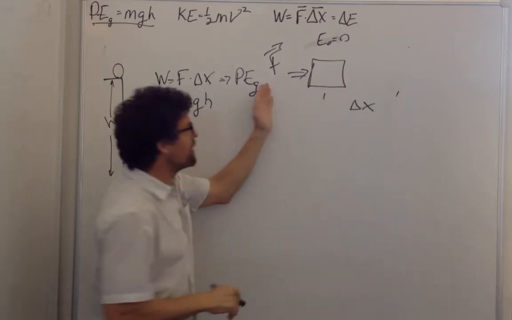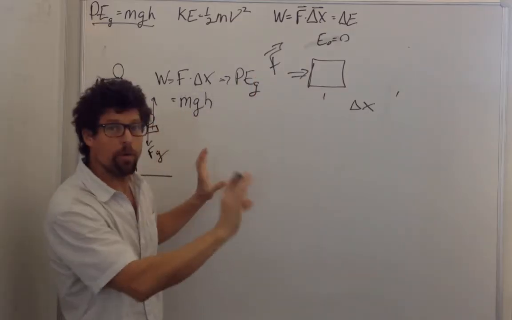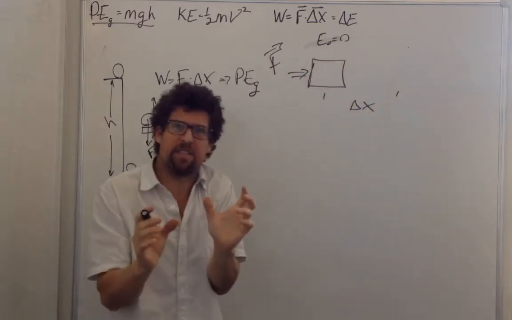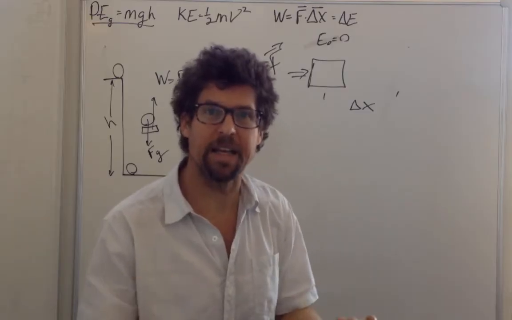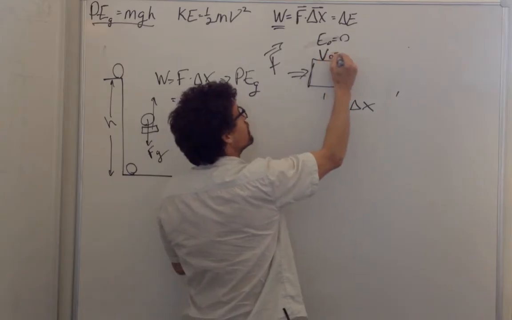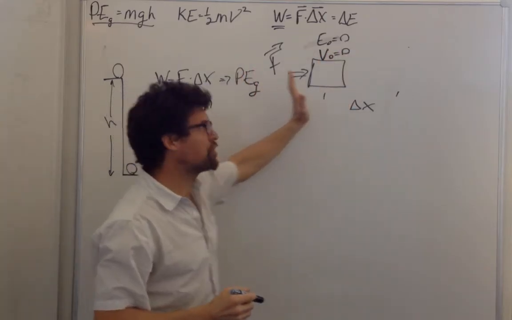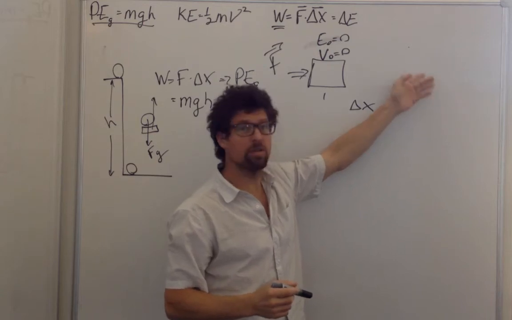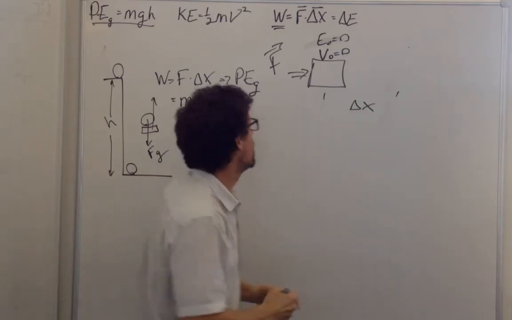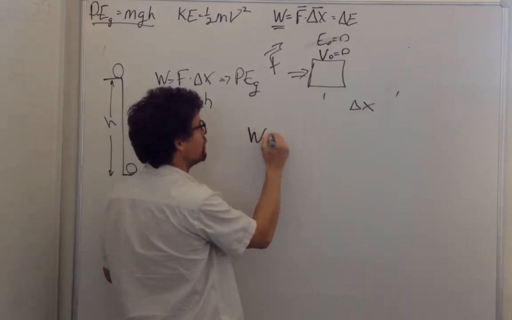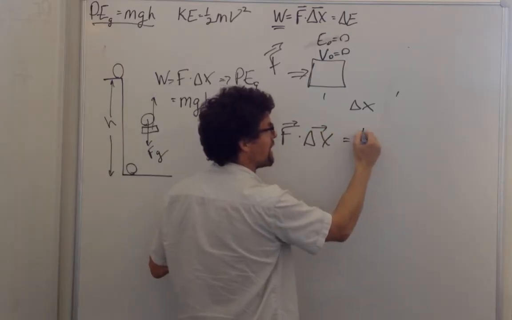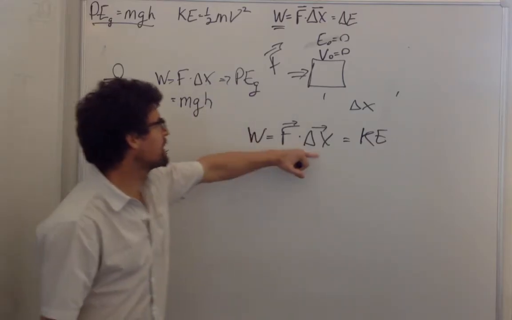Now, how about this one? I push on this box and there's no friction and I don't change the height, it just accelerates, and that work manifests itself as velocity, which we call kinetic energy. If we start with 0 energy, V0 is equal to 0, and we push on it, all of our work will be equal to the final kinetic energy it has if nothing is lost to potential energy or heat. So I can say then that the work I do, which is force times delta x, must be equal to the final kinetic energy.